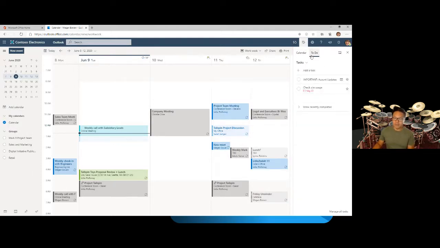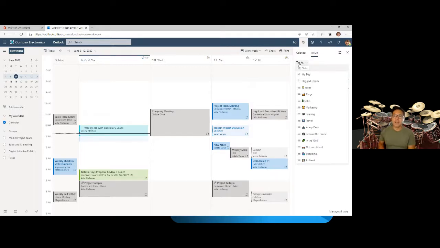And again, for any of you that have been following our webinar series, we did a whole webinar on Microsoft To Do as a personal task management app. Which I think is outstanding. If you haven't tried it, you should give it a try. But this integration with Outlook is really super slick because what you've got is this little task pane that